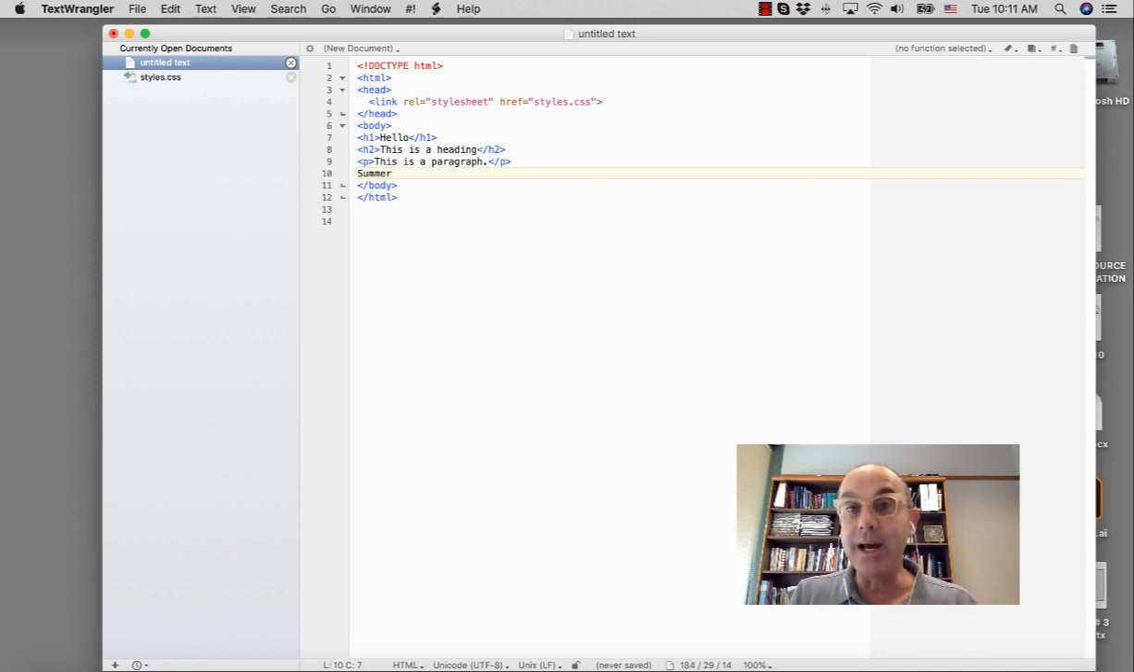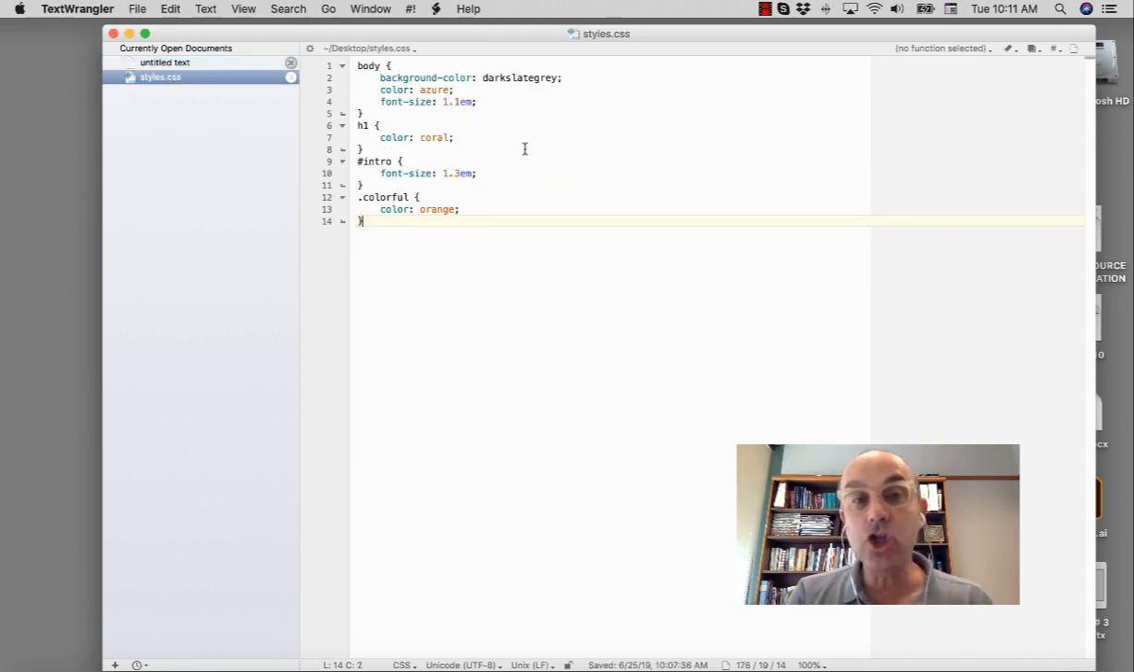However, as we learn, we also need to create a style sheet. And the style sheet, I created it as the following: body, and then I'll define the body color, what type of color I want, and the font size, and then I will define the H1, the intro, and the color for it. I will save the file